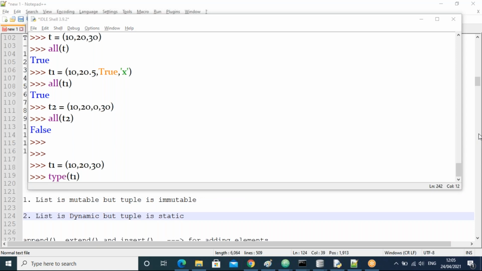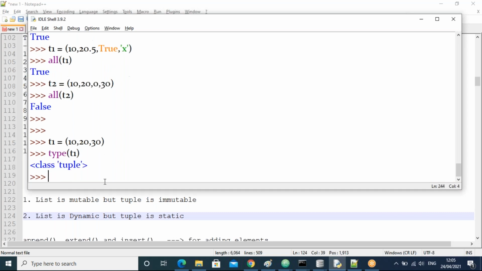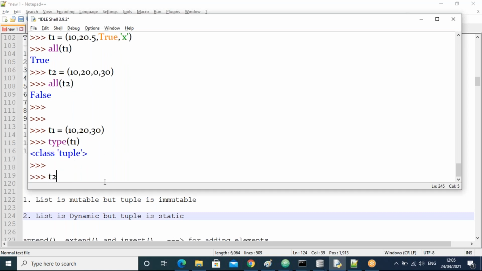Yes, true. Next, T2: I am taking here 10, 20, and 0 also.